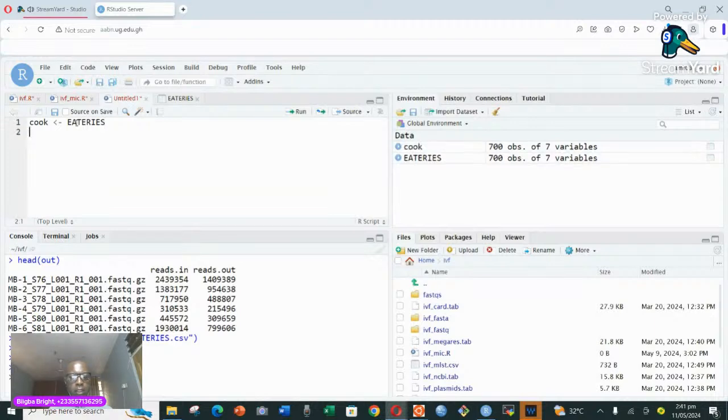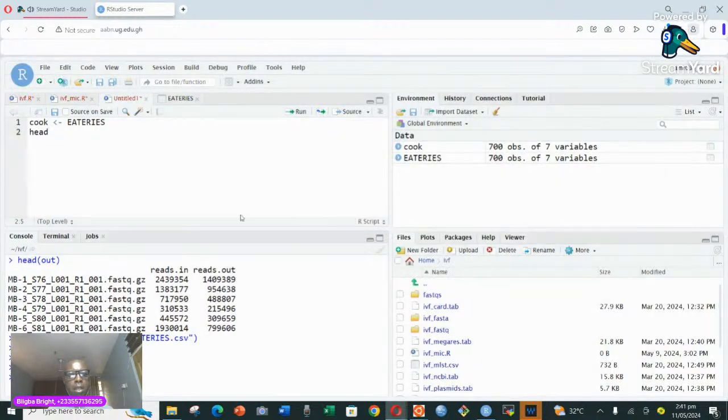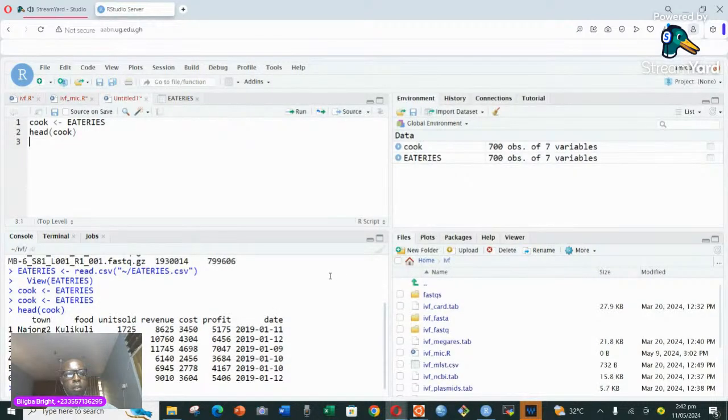If I assign that, if I come and say head, it appears I'm running out of head. And then if I put cook there, I should be able to see, yeah, the data is imported. The session is trying to run out. I think it's my connection. So now the data is imported, but this is a little bit different when you want to import a text file,